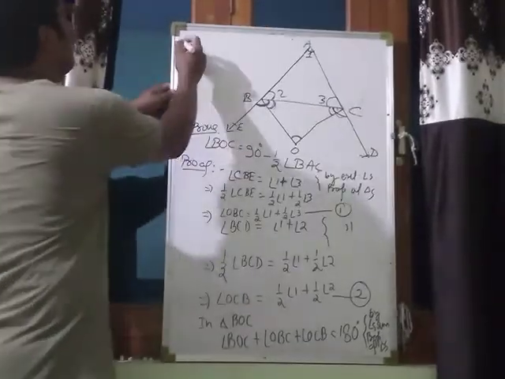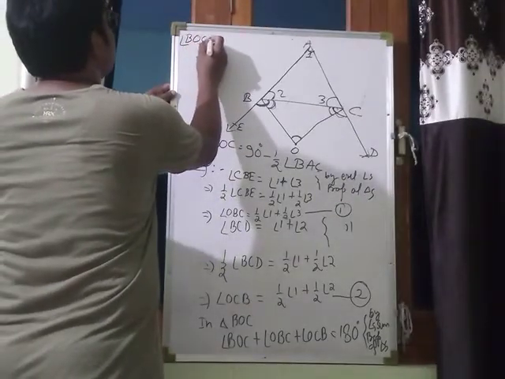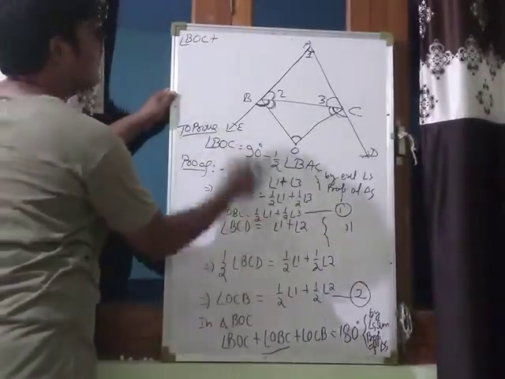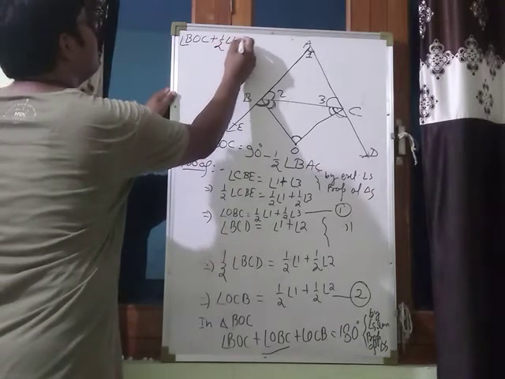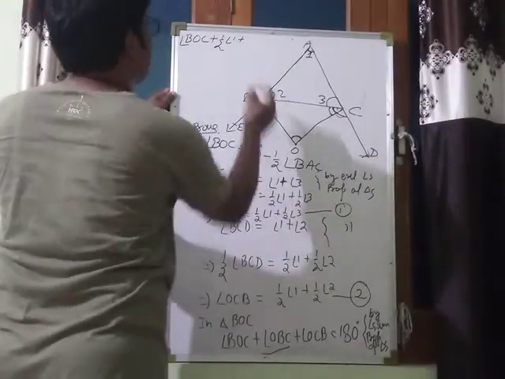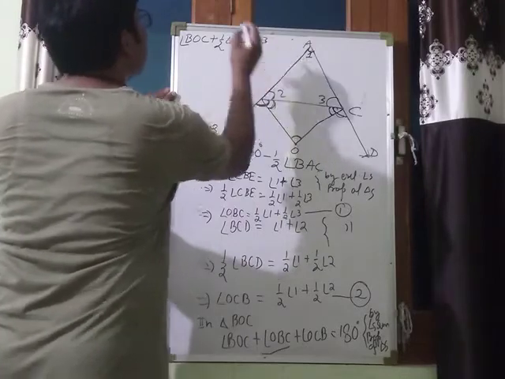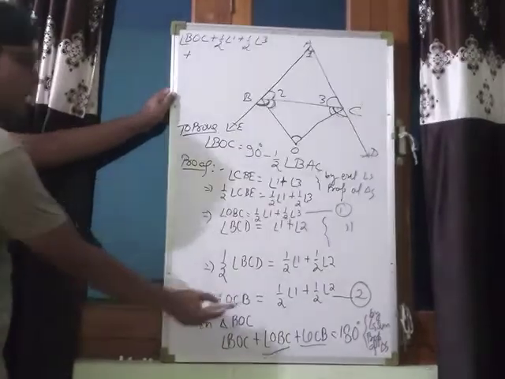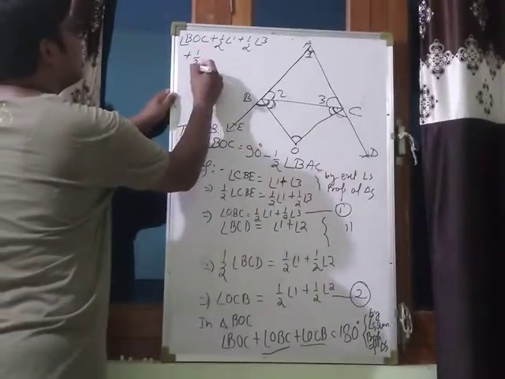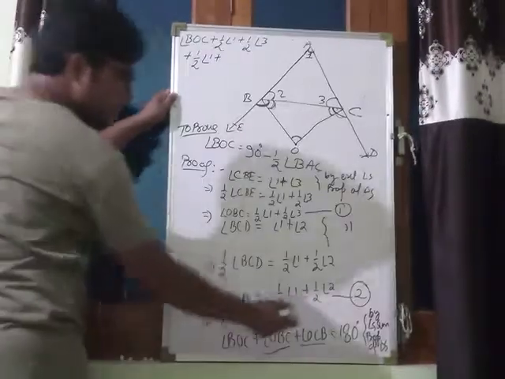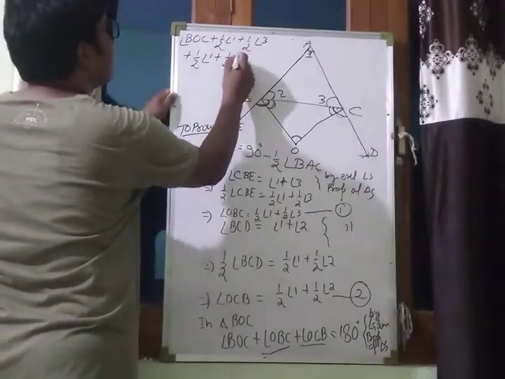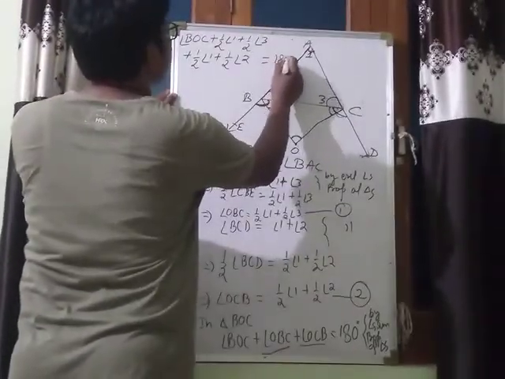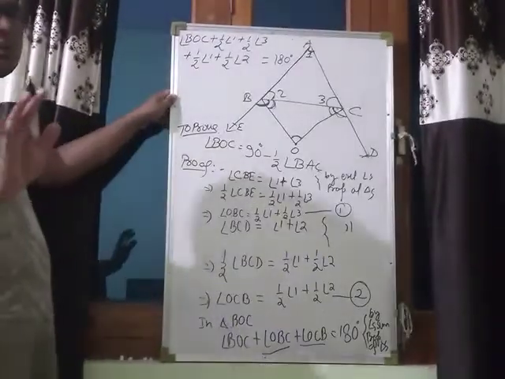Now, BOC we have to find out. Angle BOC plus what is OBC? First, OBC is equal to half of angle 1 plus half of angle 3, plus this OCB. From second, half of angle 1 plus this is half of angle 2, and that is equal to 180 degrees. Okay, now see,